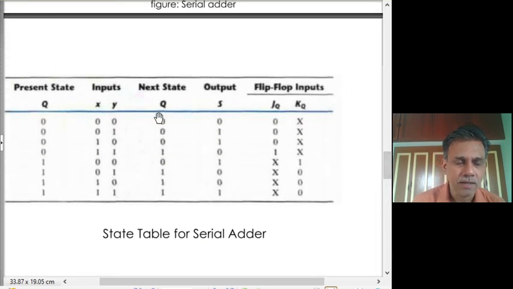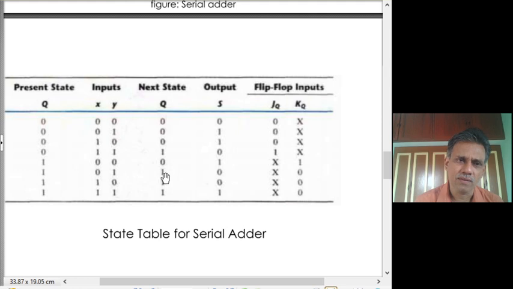And here you would see that the carry would be produced when there are 2 ones or when there are 3 ones. So in the case when there are 2 ones, here 0 1 1 or 1 0 1 or 1 1 0, or 3 ones, 1 1 1, we have a carry. So this is when we need to produce a carry.